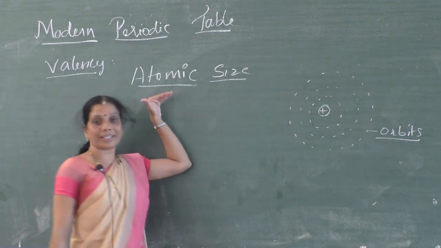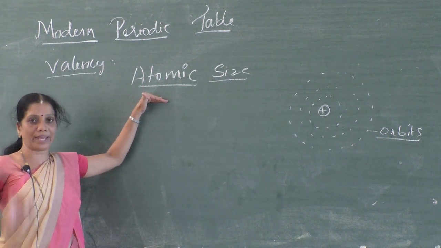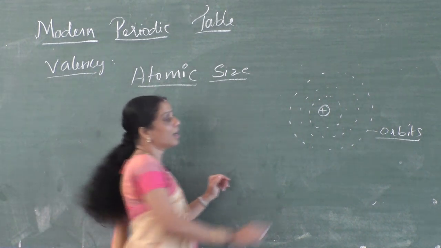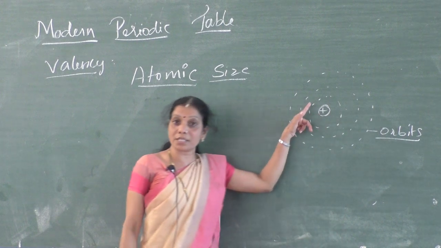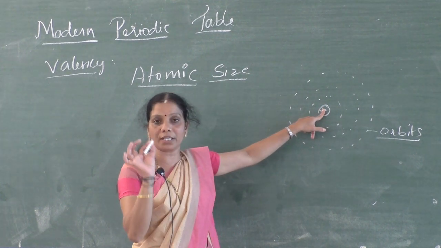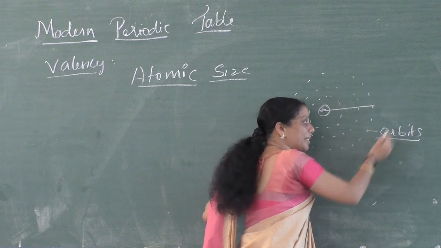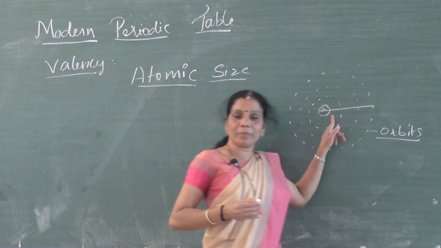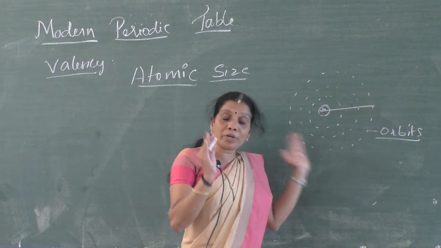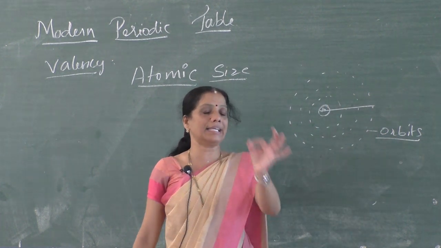Now we are studying the atomic size here, and we know that the atomic size always refers to the radius of an atom. What is this radius? Listen here, the radius of an atom is the distance between the center of the nucleus to the outermost shell. Whatever may be the n value, it may be n is equal to 1, n is equal to 2, n is equal to 3, or any other n value, whatever the outermost shell is, that outermost shell has to contain at least a single electron.